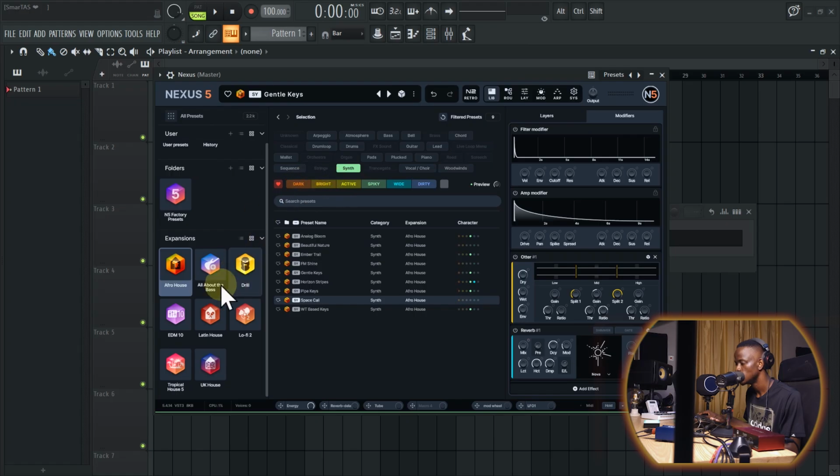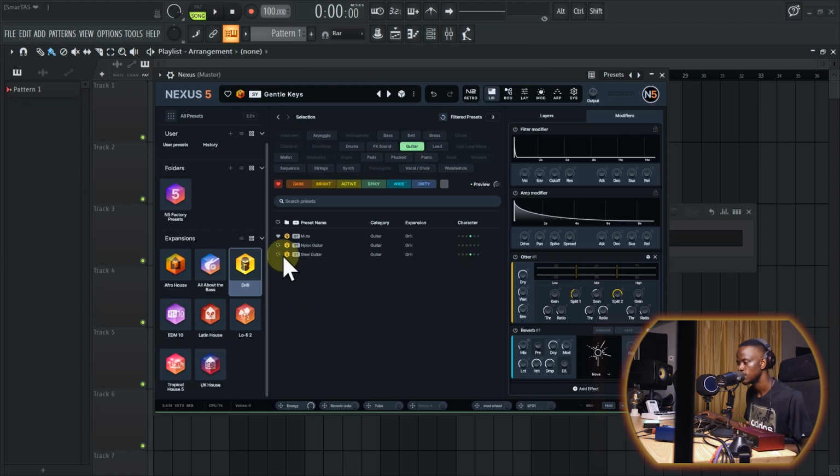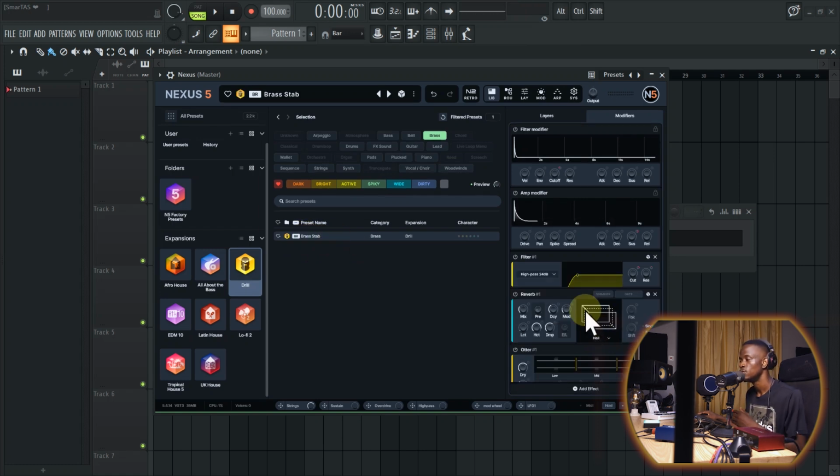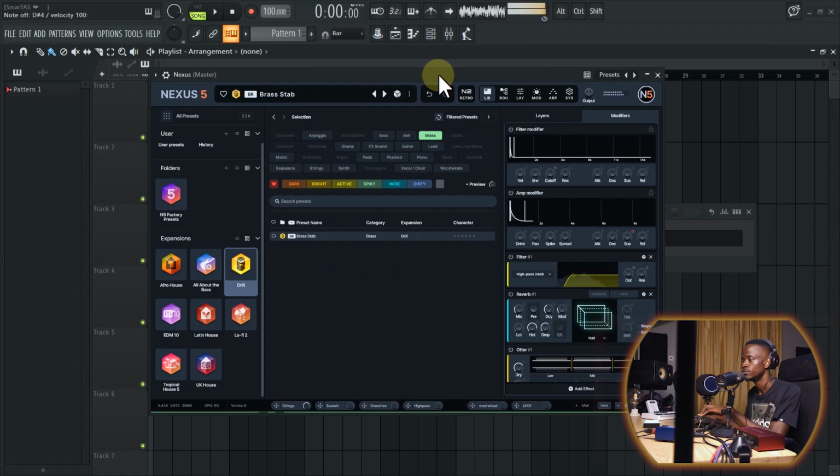And now let's come to this drill bank here, and then after we call it the end. In the drill bank, let's try the guitar category. Let's see. This muted guitar, as you can see, is already a favorite, as to tell you that I use it a lot. And we also have brass here. Not much in here, and then let's double click, and boom, we have it loaded here. Now if I press my keyboard,